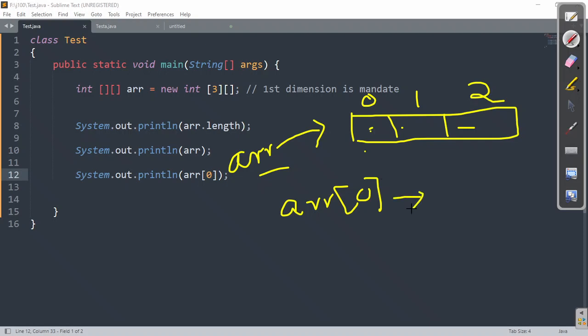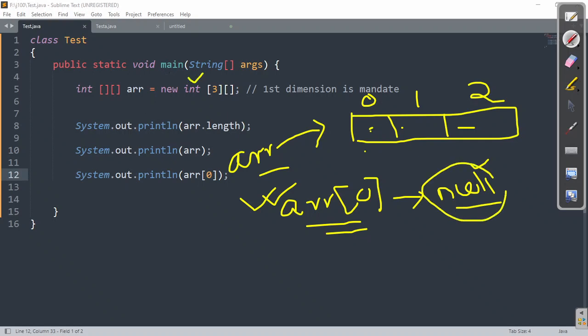So it's a reference type, and if I'll print the value of a reference type which is not initialized to any object, the value I'll get is definitely null. Remember this particular point. If ARR of 0 is not pointing to any single dimension array object, the default value will be what? Null. You can say, sir, why is it not 0? You have taken integer here.